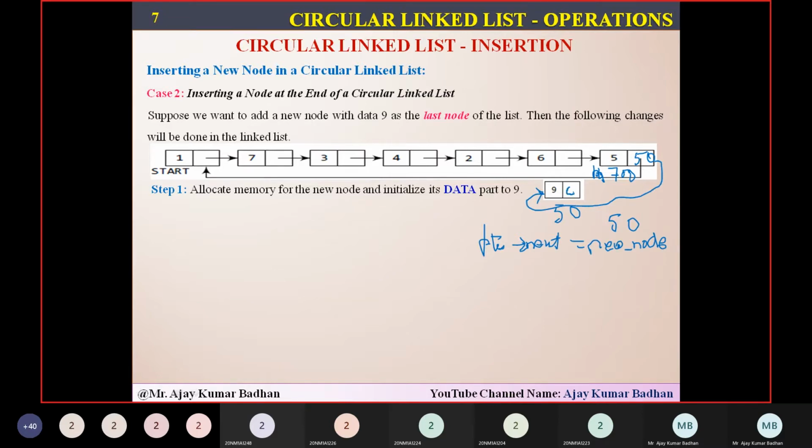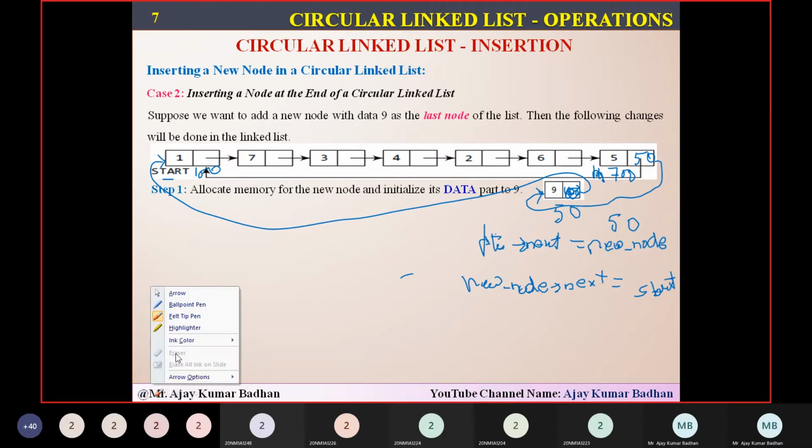Now new node, this is the new last block. So the last node's next block should consist of the address of the first one. So how can I do that? Simple. New node next block should consist of the address of the first node. What is the address of the first node here? 100. We have seen it. So that is present in a variable called start. Simply you can give it as start. That's it. Your task is completed. So from here, what you will be getting here is nothing but 100. So from here the connection is established to this particular location. Now you have successfully inserted the last node at that particular location. Let's see.